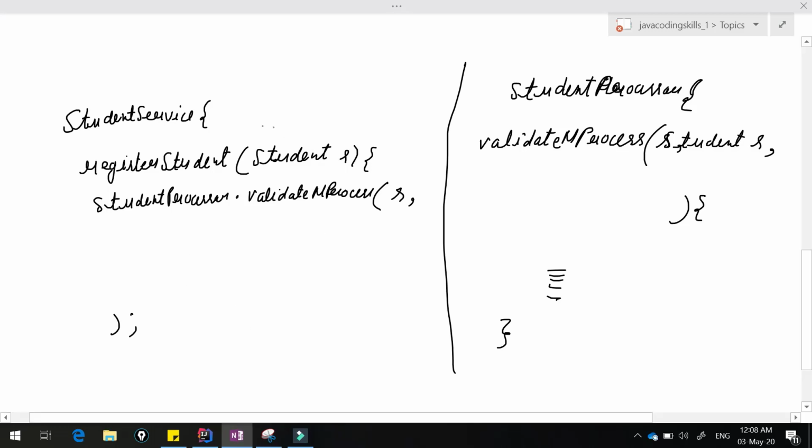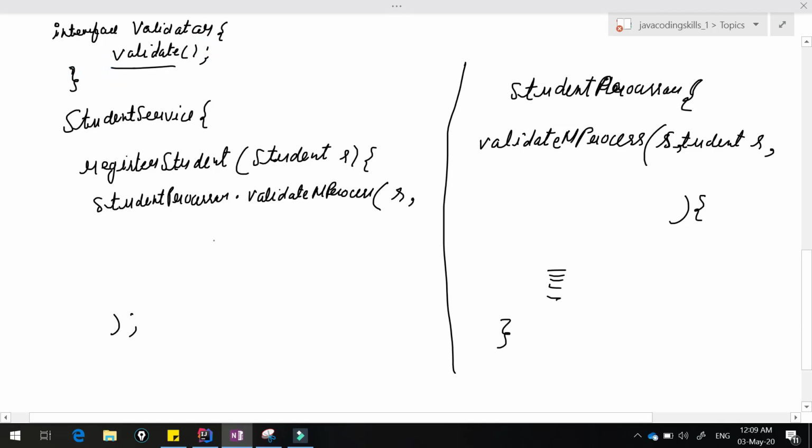For that, I'm going to create one small interface here. Interface validator, and inside validator we can write one method, validate, that is an abstract method that we will override here.